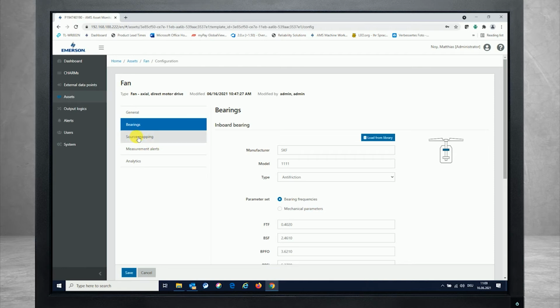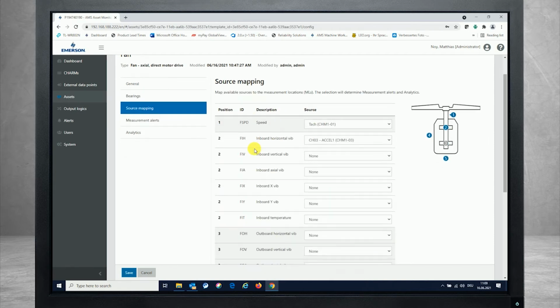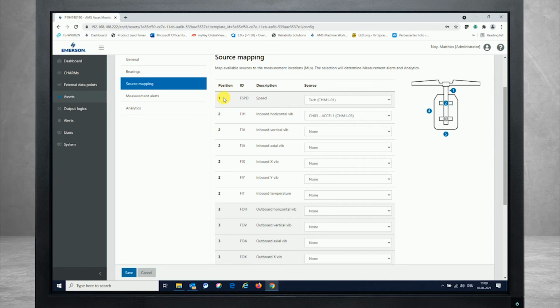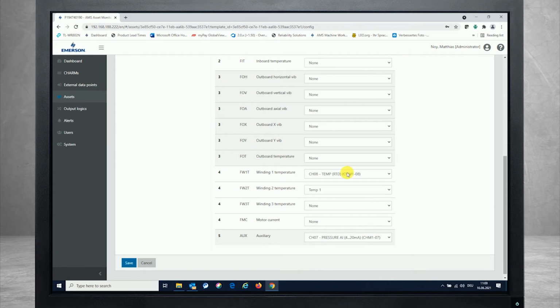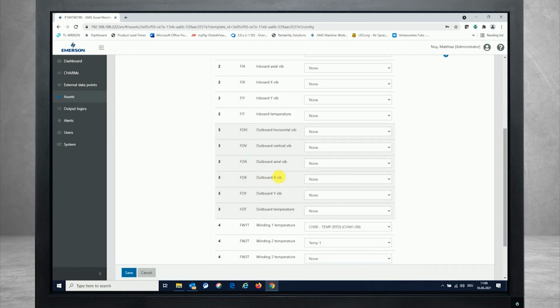Another update over here is from a source mapping perspective, as you now see that we don't have one position for every single measurement point. We have grouped them for cleaning up and tidying up the screen over here on the display of the locations of every measurement point. So it's group 1, group 2, group 3, and additionally to those groups that are embedded